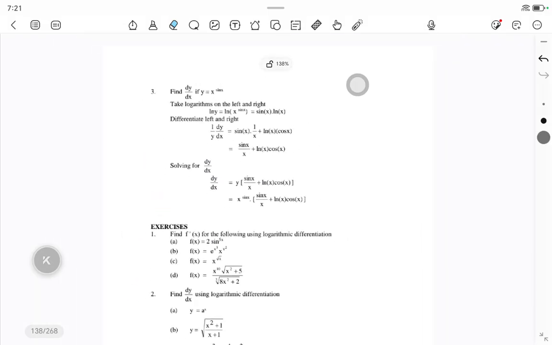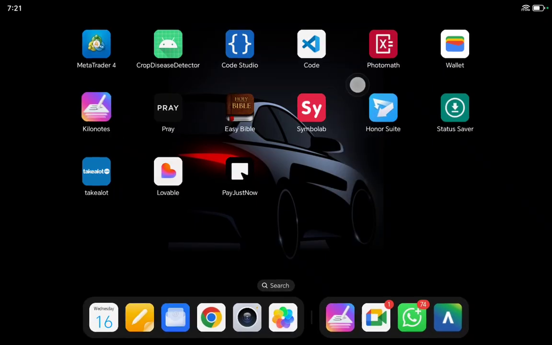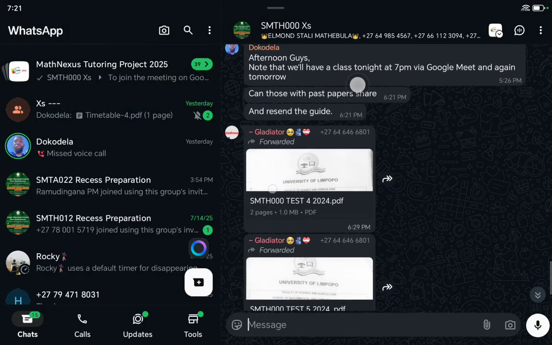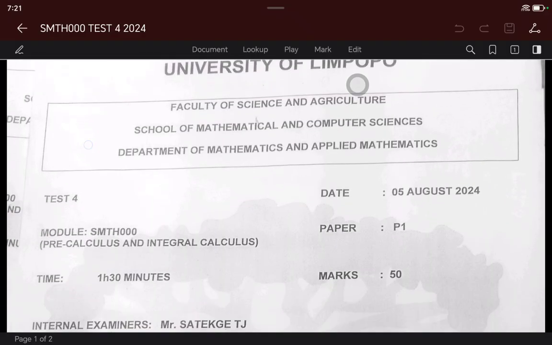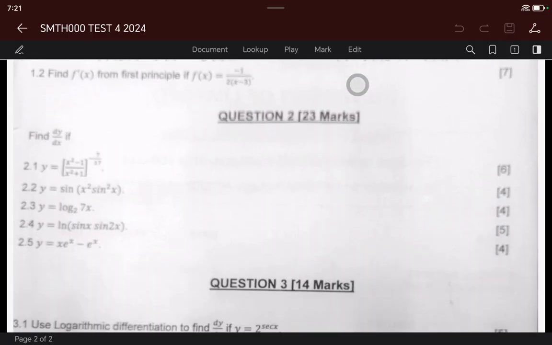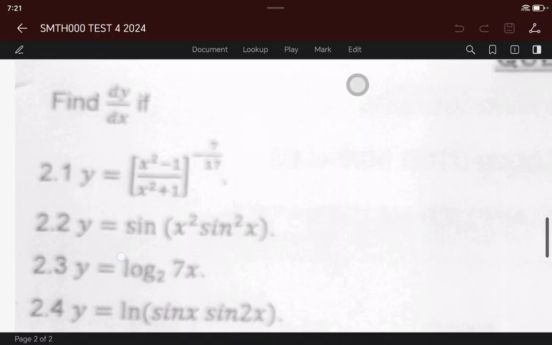Now, given that, we can try to solve any of these problems. But first, I think what we can do is check some question maybe on test 4. Let me see if I can look at some question on test 4 that involves this. Let me see. Yeah, we can check